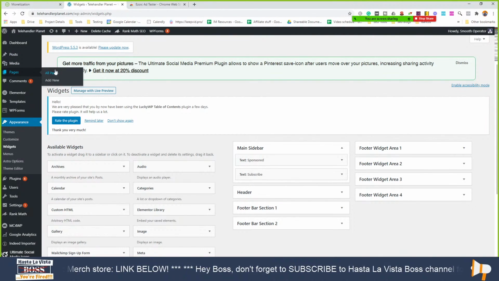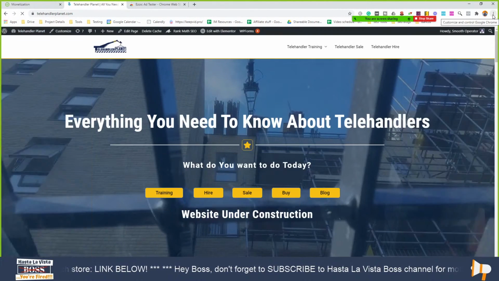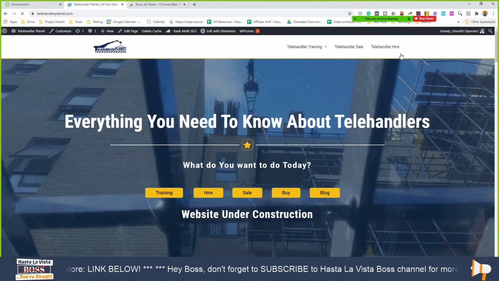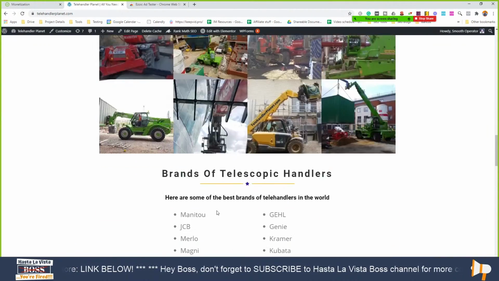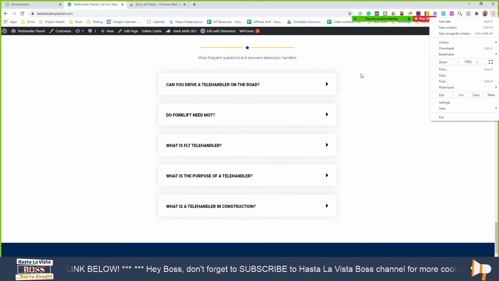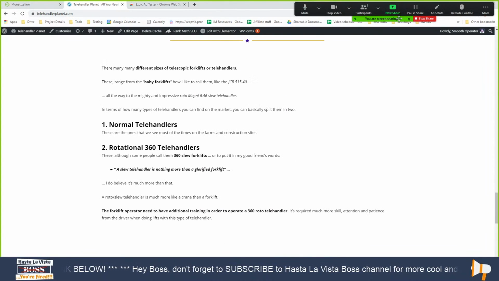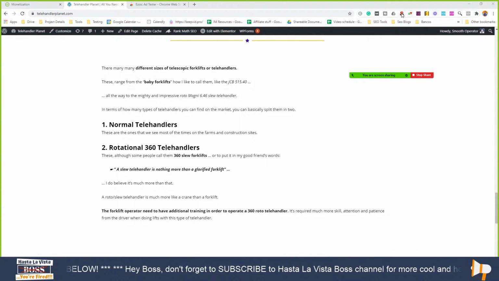Can you open this in an incognito window, because the Chrome extension will not work if you're signed into WordPress.